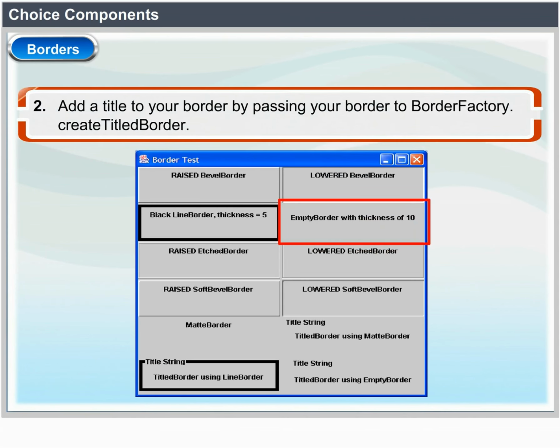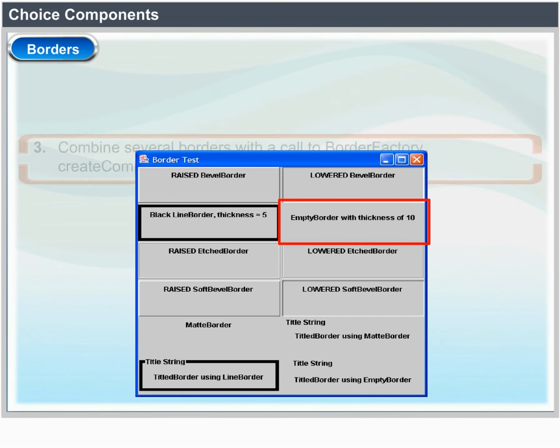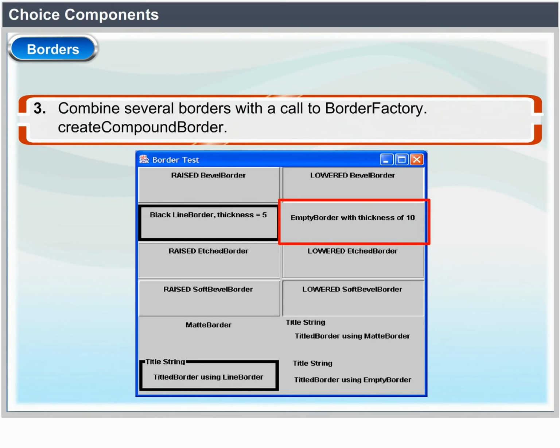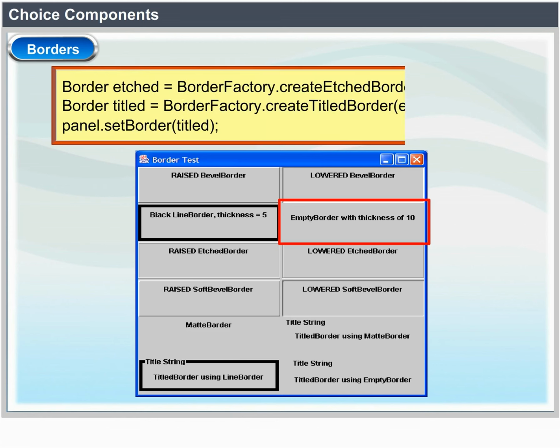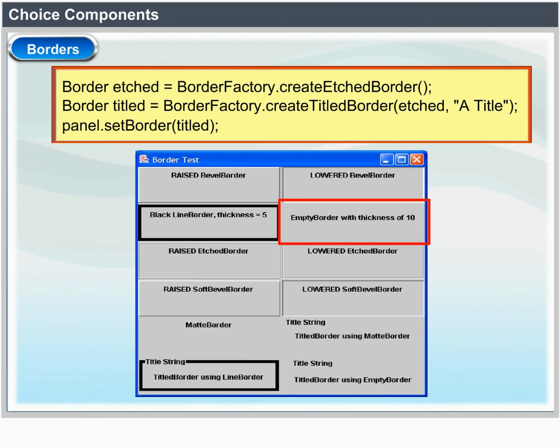Add a title to your border by passing your border to BorderFactory.createTitledBorder. Combine several borders with a call to BorderFactory.createCompoundBorder. Add the resulting border to your component by calling the setBorder method of the JComponent class. Border edge = BorderFactory.createEtchedBorder(); Border title = BorderFactory.createTitledBorder(edge, "A Title"); panel.setBorder(title);